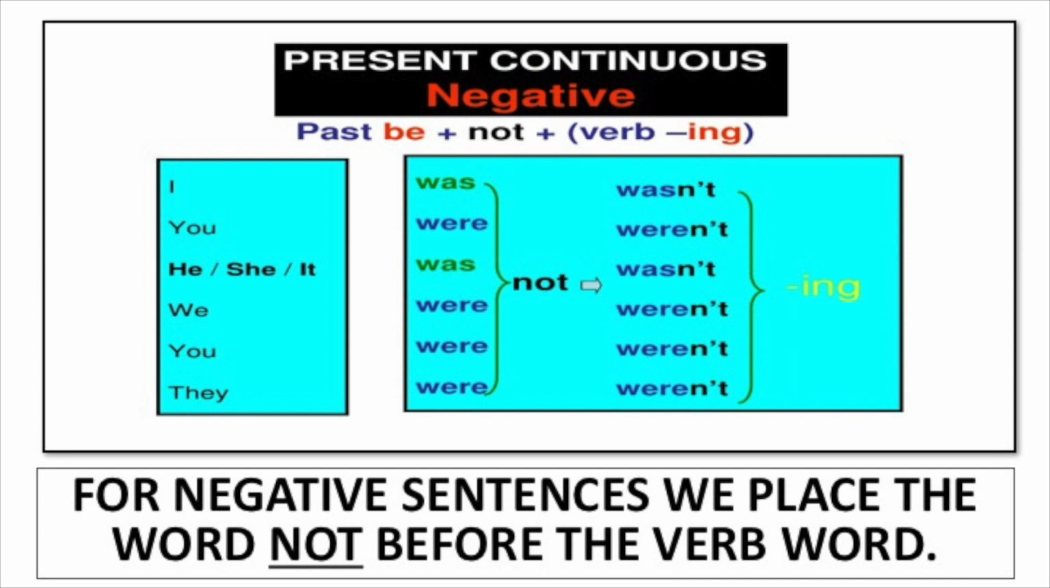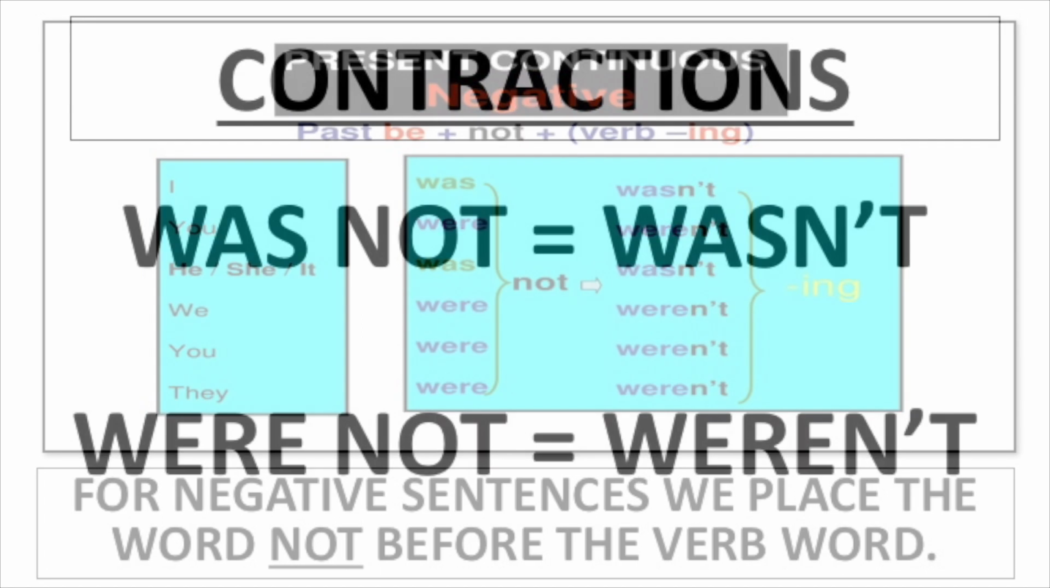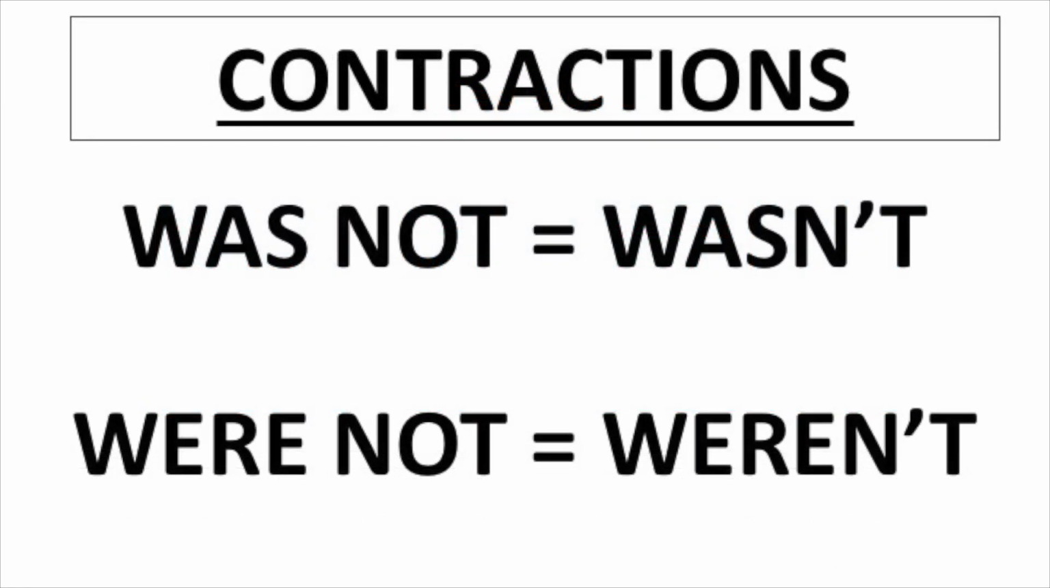But what we can do if we want, we can combine the words into contractions. Was not can be shortened to wasn't. See how we have two words, was not. And then what we do is we can put the two words together, wasn't. And all we need to do is the letter that we drop, the O, we replace with an apostrophe. So was not,